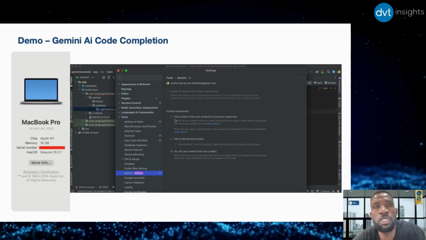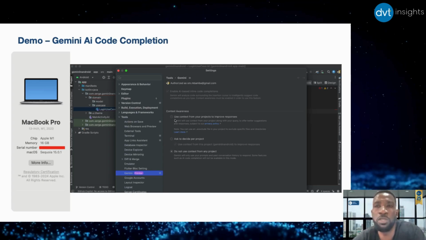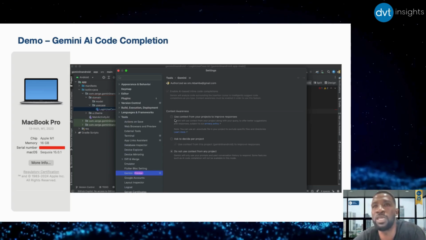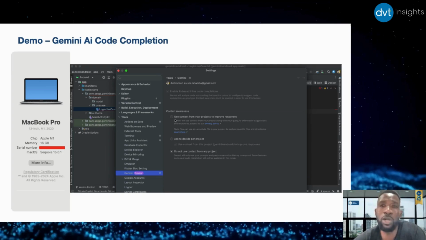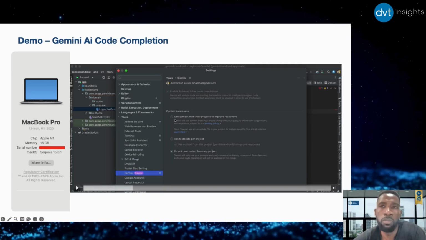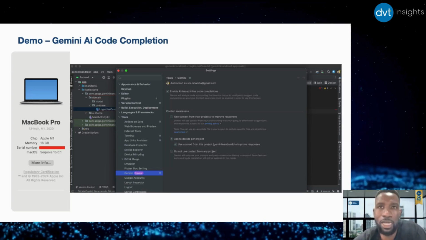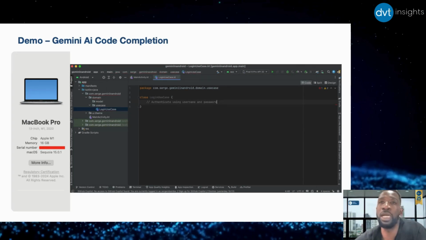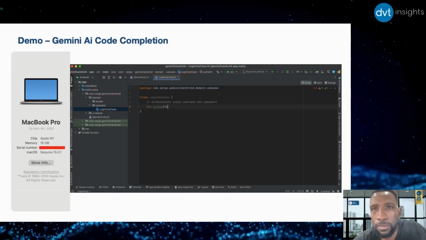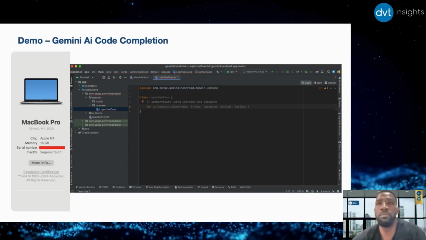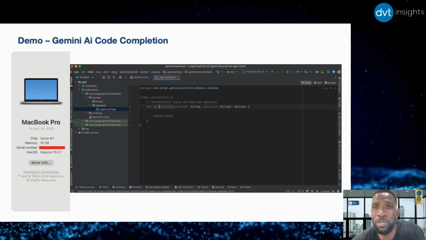By default, code completion in Gemini doesn't come enabled. We've got three options, and for it to be able to give you any type of suggestion, you actually need to opt in. We're going to debate on this later on, but I'm going to grant the permission here. So get context from this project. Now, once that's done, code completion should be able to read my entire code base. So I'll repeat the same exercise, authenticate, and then bam, it gives me the very same suggestion with the same field names and data types as well.